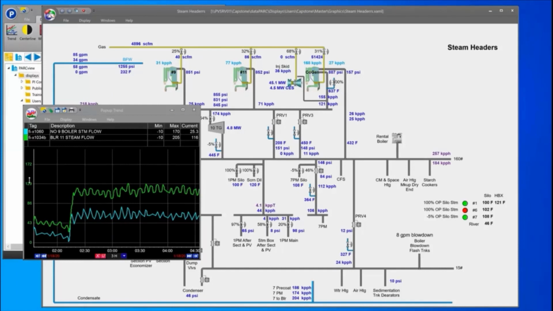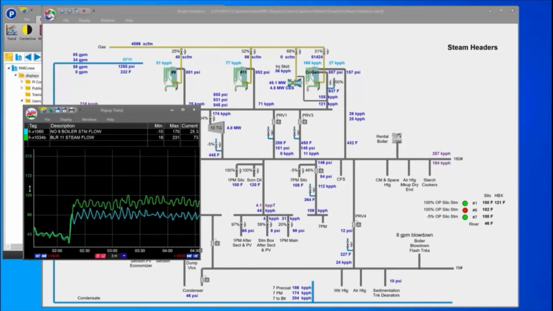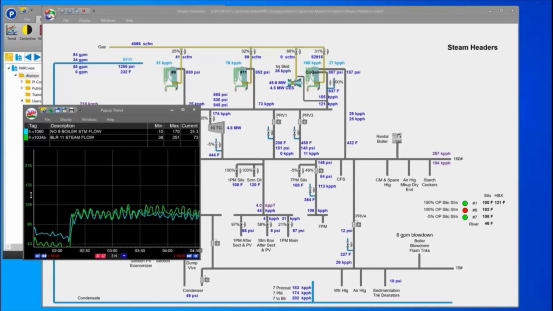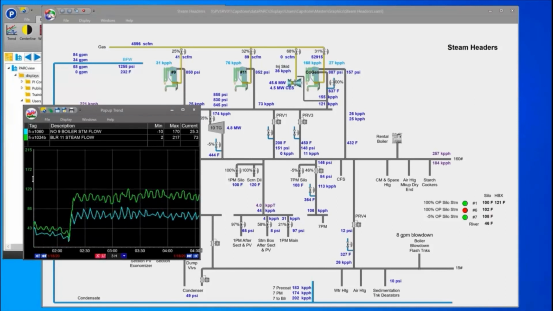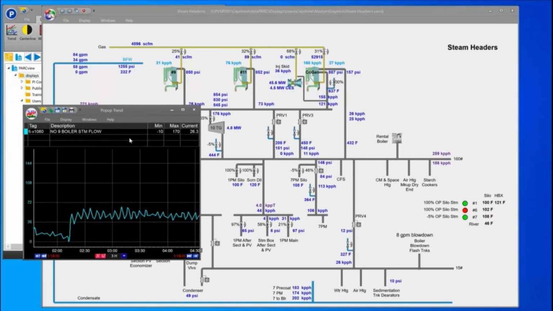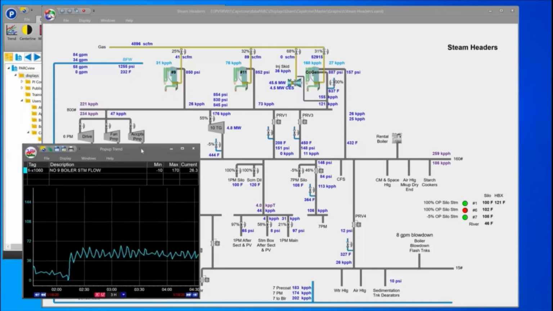By dragging the y-axis, we're able to overlay the two on top of each other and see even better that these patterns match up pretty well. So we can be pretty sure that whatever issue is happening to 9 is also happening to 11. So in that case, we're pretty sure 11 is not the source of the issue.